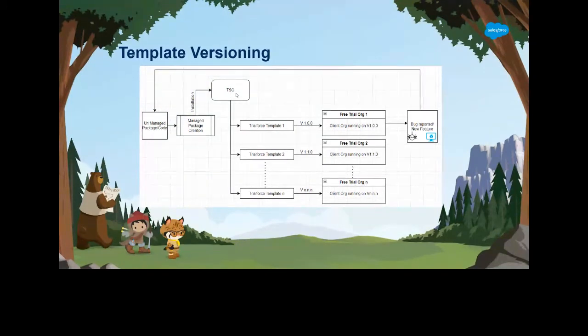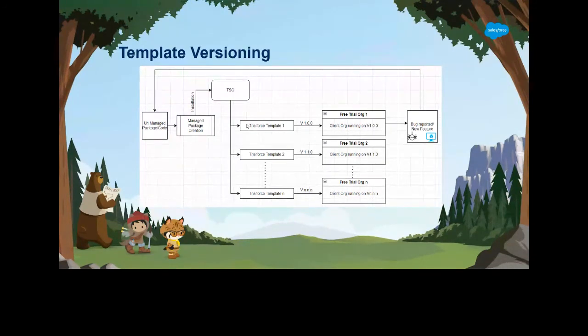You load some sample data, assuming this is the way my customer wants it and what my customer will experience. So I configure the TSO in the same way. Treat it as a production org where you deploy your product to let the customer experience it. Configure this org so the customer does not see a difference between actual versus expectation. Once your TSO is ready and configured, you create a Trialforce template one, for example,